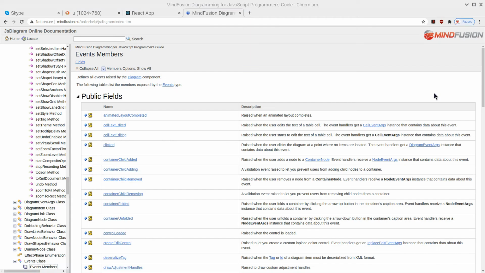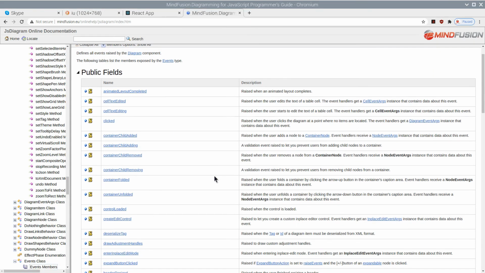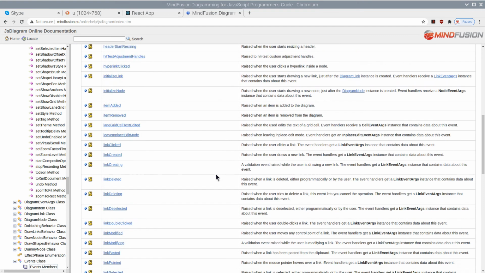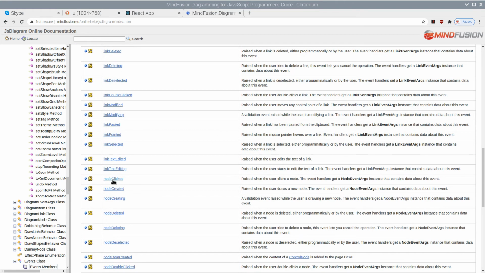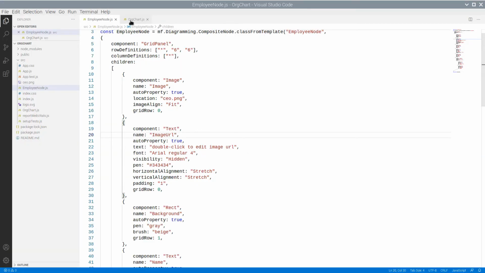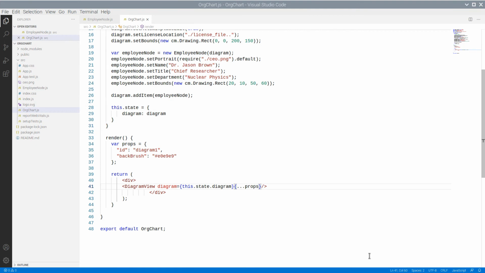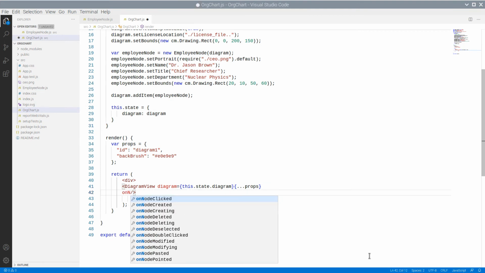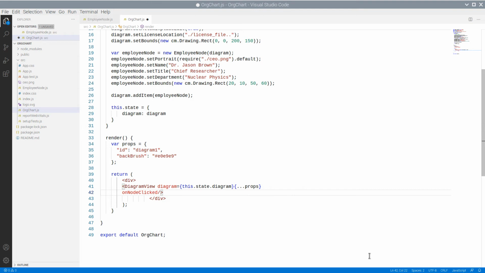Let's look in the online documentation at the events list for the diagram. We will handle the node clicked event. The syntax is, we wire the onNodeClicked attribute of the diagram component to a method that we've declared.